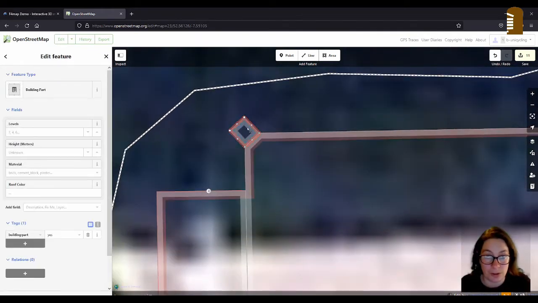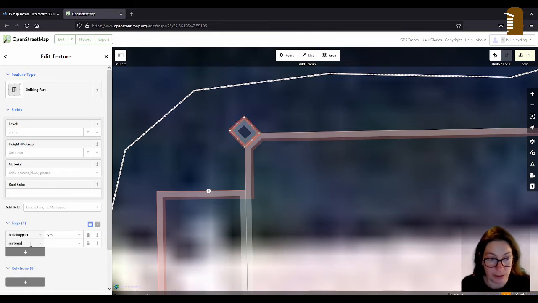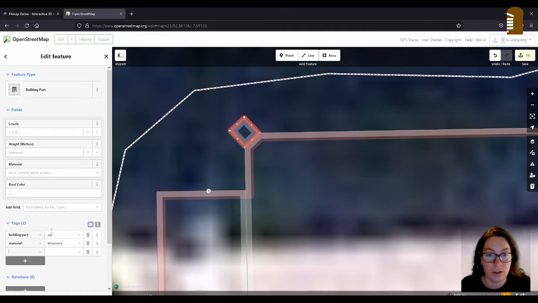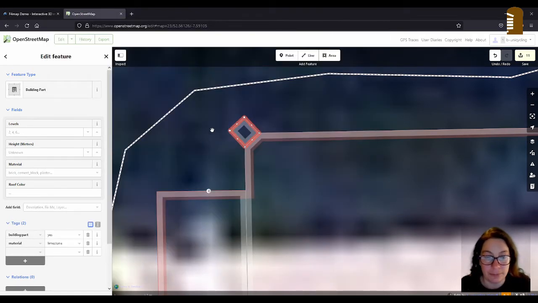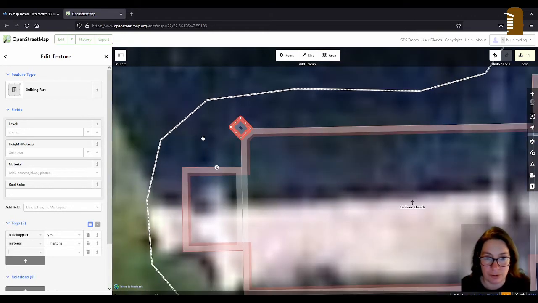So I'm just going to use this one here, building part, yes. Material, actually, I didn't add that to the other ones, limestone, I think. And I'm going to simplify them, because you have to draw the line somewhere, no pun intended. So I'm just going to make this like a square pillar with a skillion roof, if you get me, because that's roughly what they look like. They're kind of stepped, but I'm not going to do that.